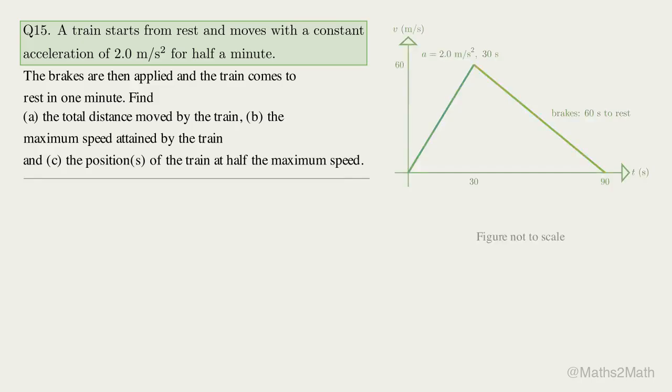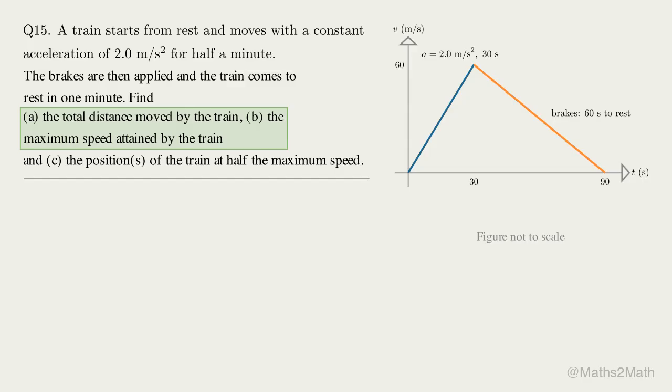Question 15. A train starts from rest at 2 meters per second squared for half a minute, then the brakes bring it to rest in 1 minute. Find the total distance, the maximum speed, and the positions where the speed is half the maximum. What does this mean? Two phases on a VT triangle. The peak is the maximum speed, and half speed happens once on the way up and once on the way